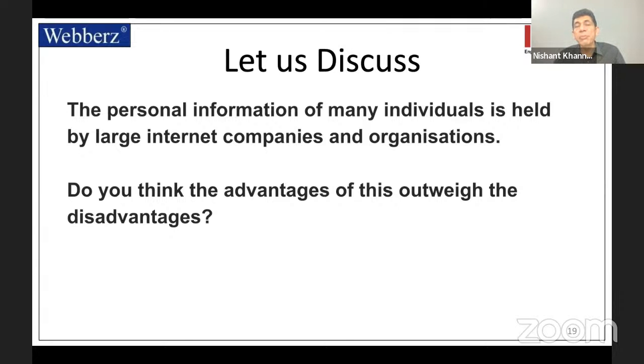तो आपकी पर्सनल इंफॉर्मेशन, आपको क्या पसंद है, क्या आपको नापसंद है, ये सारा कुछ बड़ी बड़ी इंटरनेट की कंपनीज ने अपने पास रखा हुआ है। क्या इसका फायदा है या इसका नुकसान है? ज्यादा क्या है, फायदे या ज्यादा नुकसान? तो इस बारे में हमने डिस्कशन करनी है।